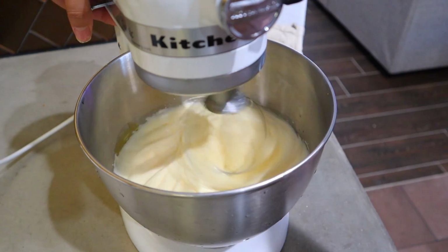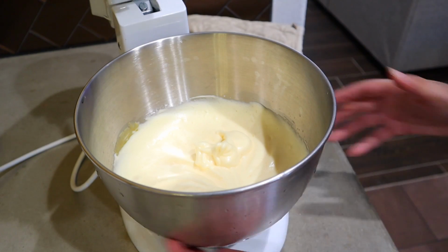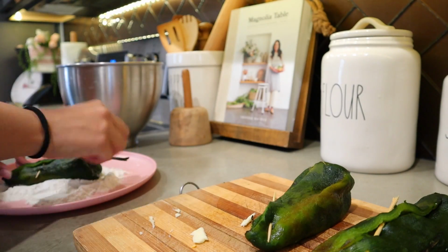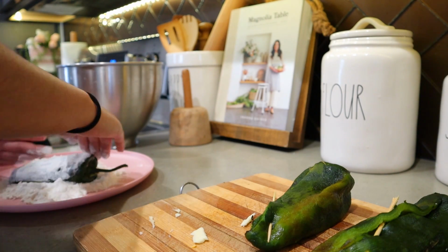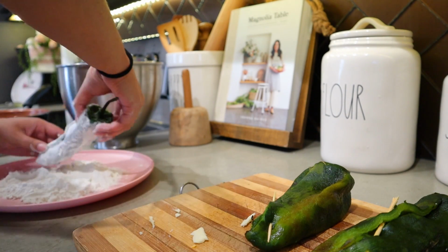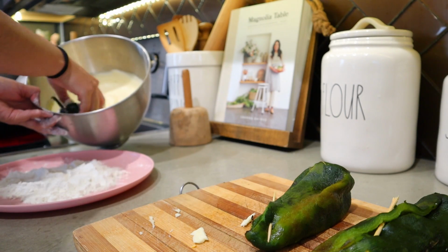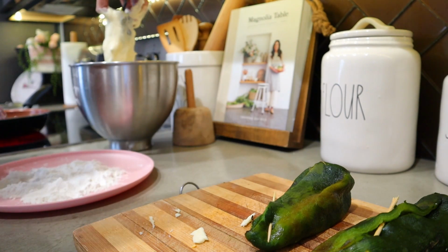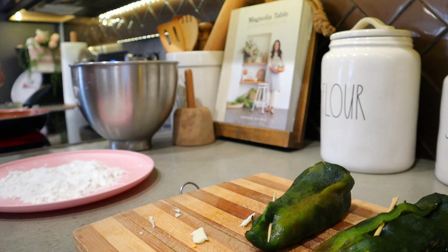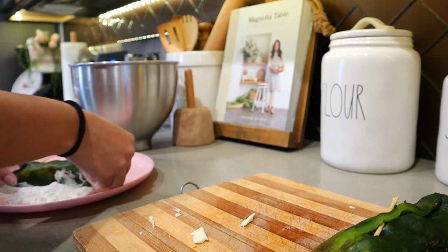So after you have your egg coating done, all you're gonna do is make sure you coat your peppers with flour completely on every single side, and then you're gonna dip it into this egg mixture, and then go ahead and fry them in a pan with preheated oil inside of it. I love using corn oil, so that is what I used, but super simple and easy, as you guys just saw. Just coated it with flour, dipped it into this egg mixture, make sure that it is completely coated in it, and then I put it into my pan with some oil, and I fried both sides,